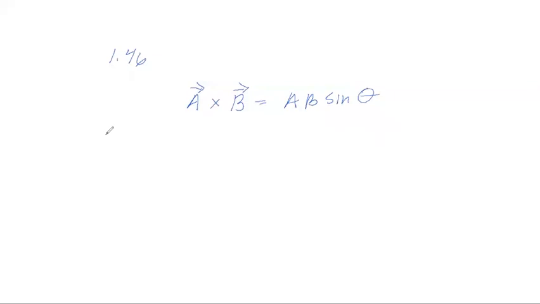So let's see what we got here. A is this guy, and B is this guy. And I know I got 60 here and 60 here. And A is 2.8 centimeters, times